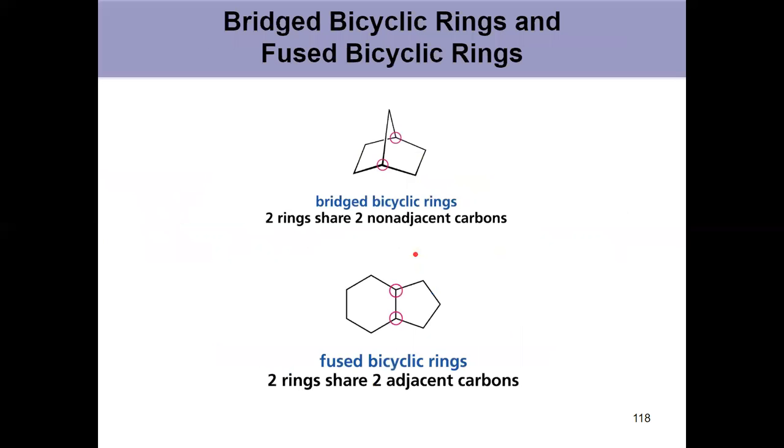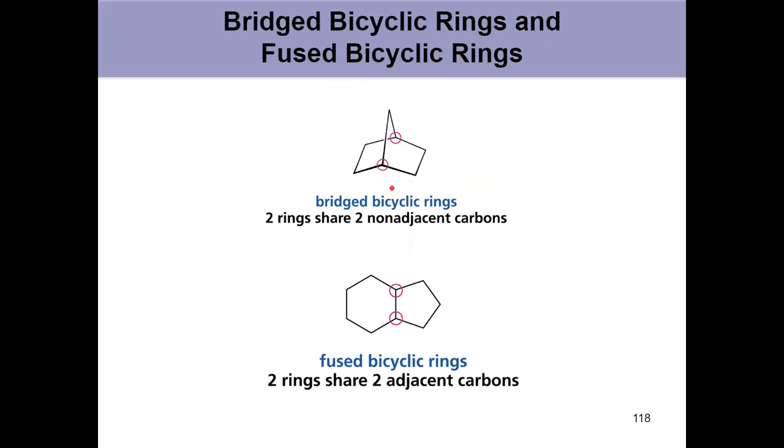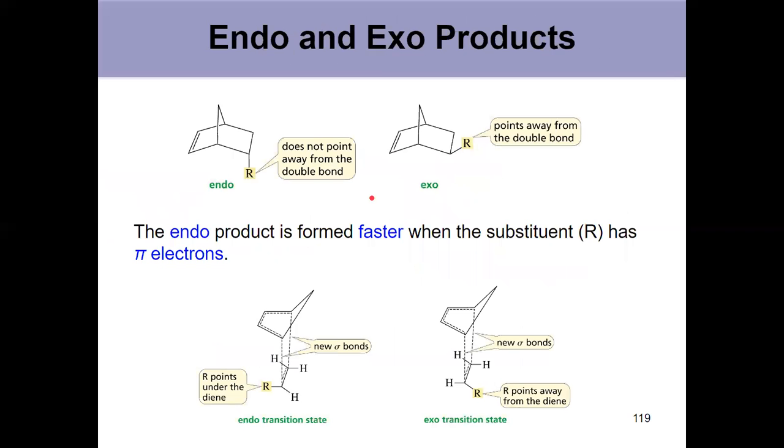Okay. So bridged bicyclic compounds, right? Two rings that share two non-adjacent carbons as a bridged compound, different from a fused ring, which we've seen a couple of times, right? A bridged compound. Right, so endo and exo products, right? Kind of what we were just referring to, right? Endo and exo,